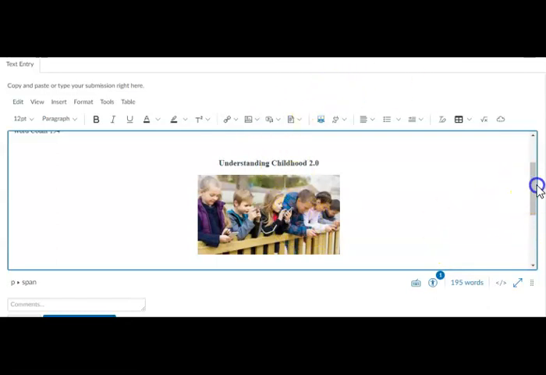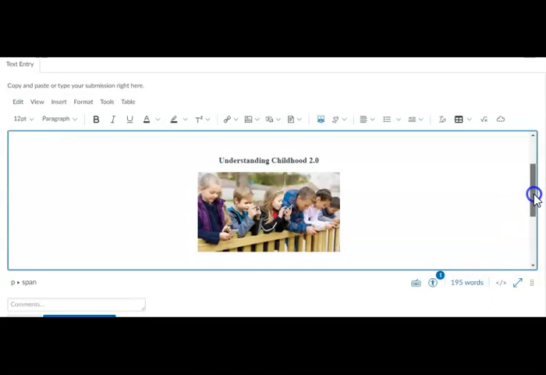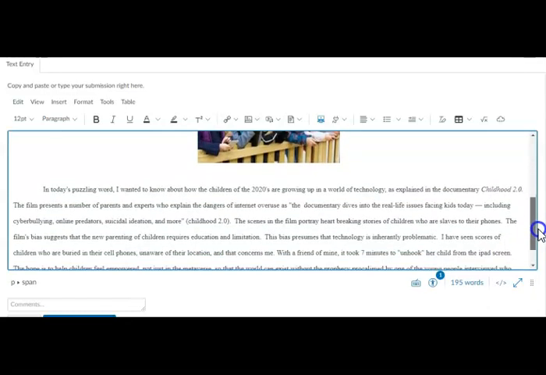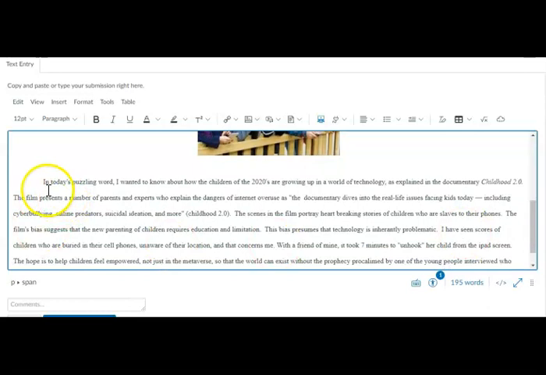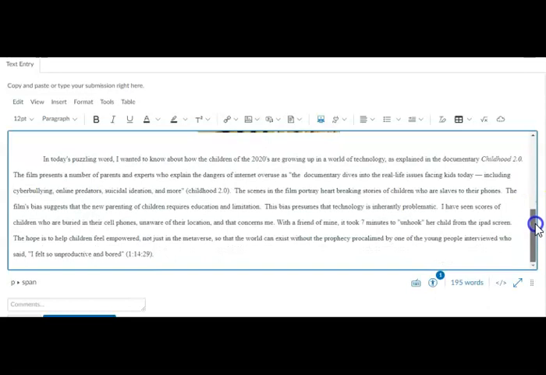This is the picture that I chose because this shows children using technology, and that's what this particular video is about. So the reader knows what the information is before they even have to read a word. Now, remember, I indented the first words, and I followed that sentence by sentence structure. Remember, I punctuated the title correctly. And then you can pause this video and look at the entire paragraph.